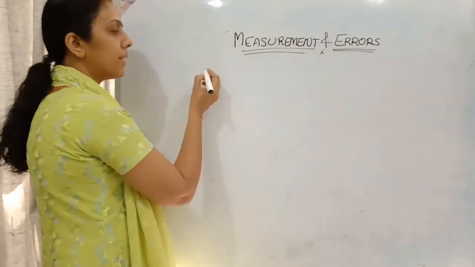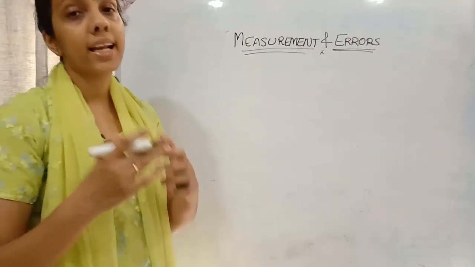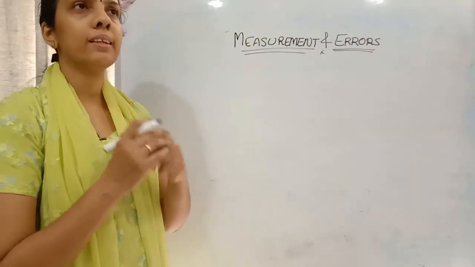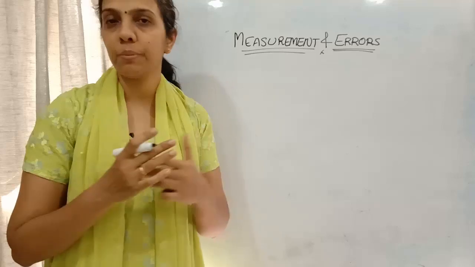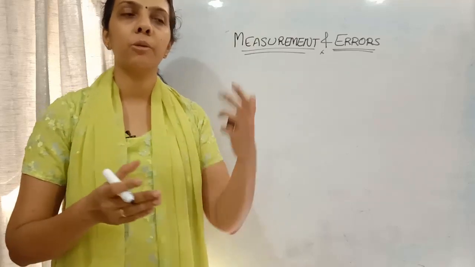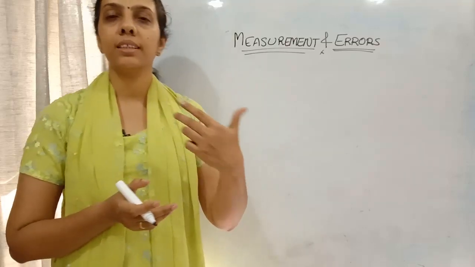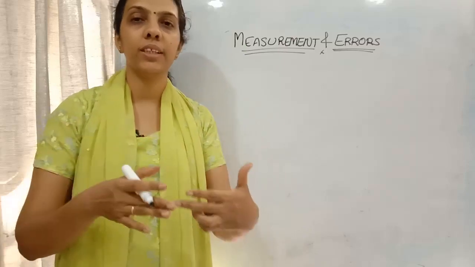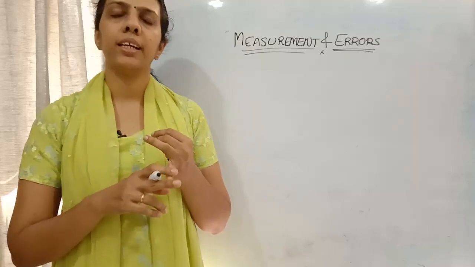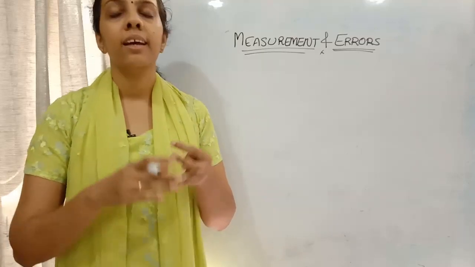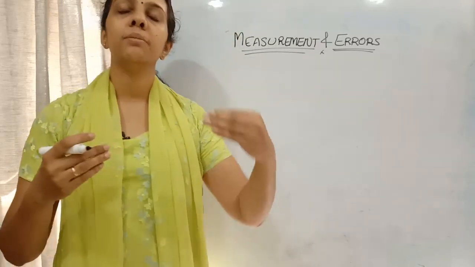Here, when we are considering errors, we already learned in the theory that there are 2 types: systematic errors and random errors. Random error means that when we are doing the measurements, randomly, first time maybe we get 17.2, next 17.1, then again 17.2, again 17.3. There is no systematic order. That is not due to the experimental technique or the external environment, nothing like that. That is random errors occurring.